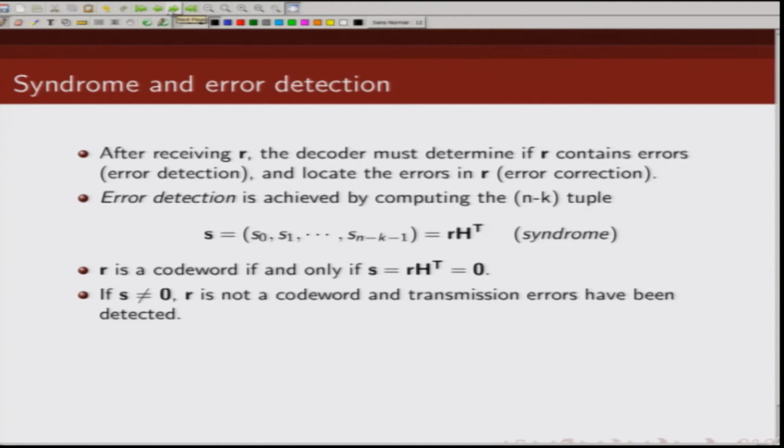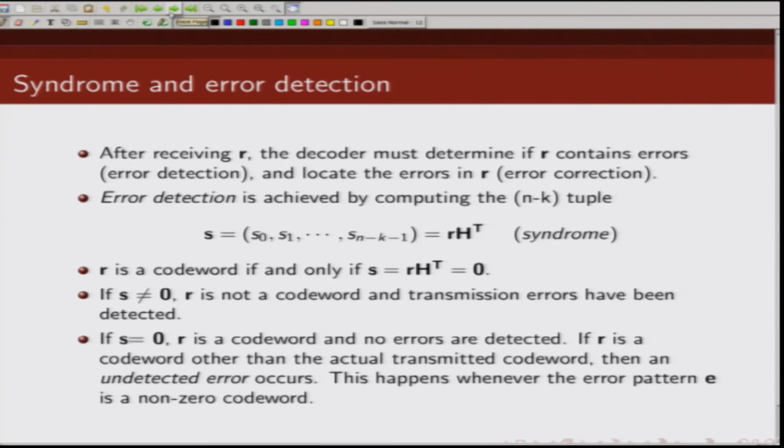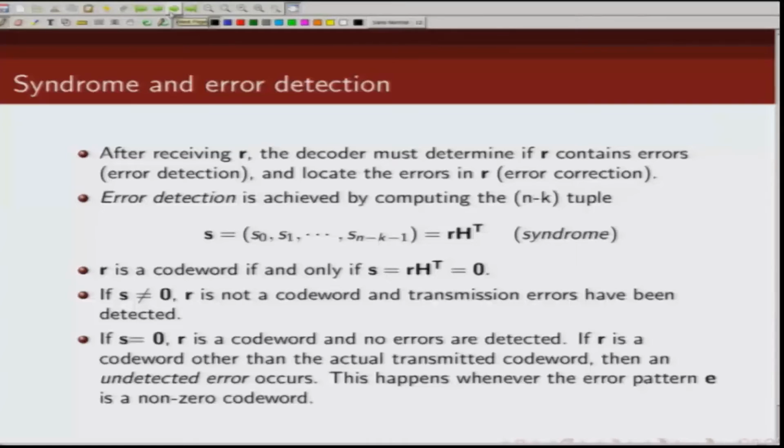Now, if the syndrome is 0, does it always mean that there is no error? No. There is a category of error which we call undetected error. Now, when does an undetected error happen? If your S is 0 and your received sequence R is not the code word that you transmitted, but some